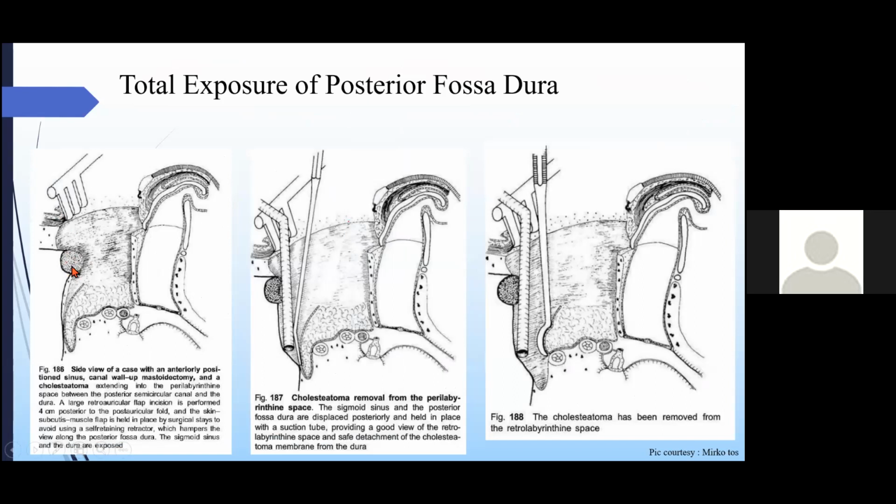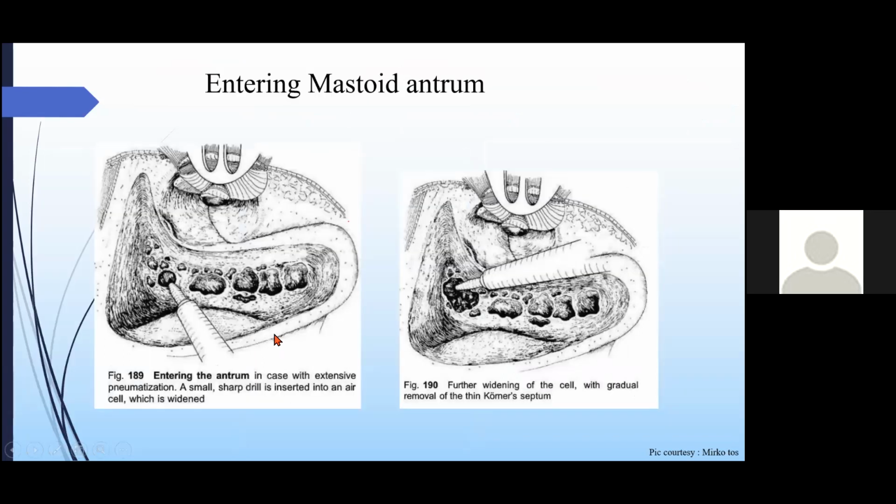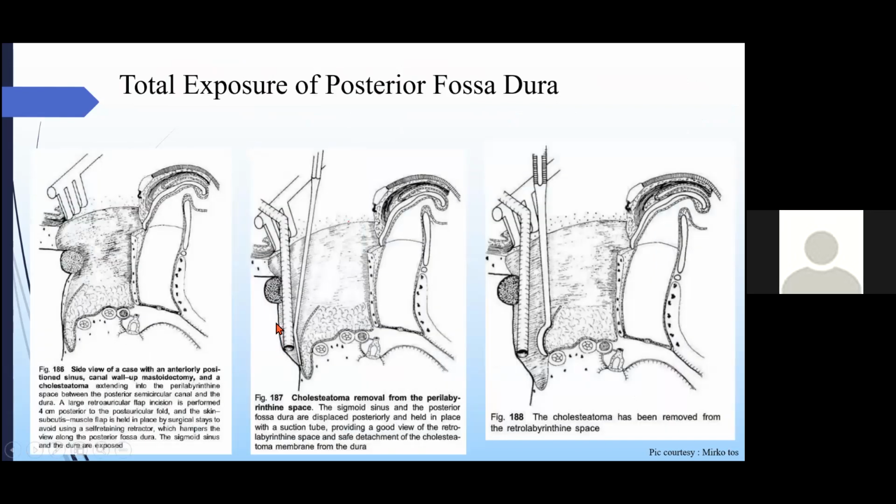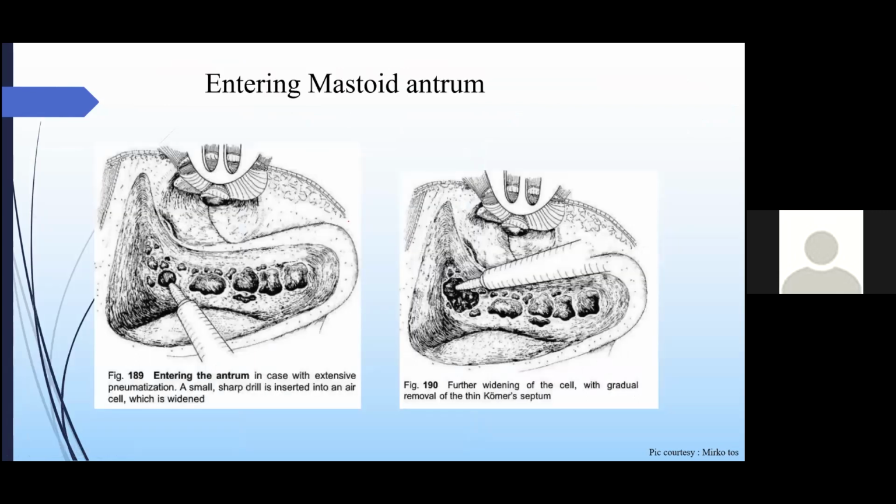We have to expose the sigmoid sinus, protect it, and then drill out the posterior fossa bony plate, protect the posterior fossa plate also, and we can access the disease for a translabyrinthine surgery or endolymphatic sac surgery in this way. And now after this all, after the sigmoid is dealt with and the disease or all the conditions we have handled,